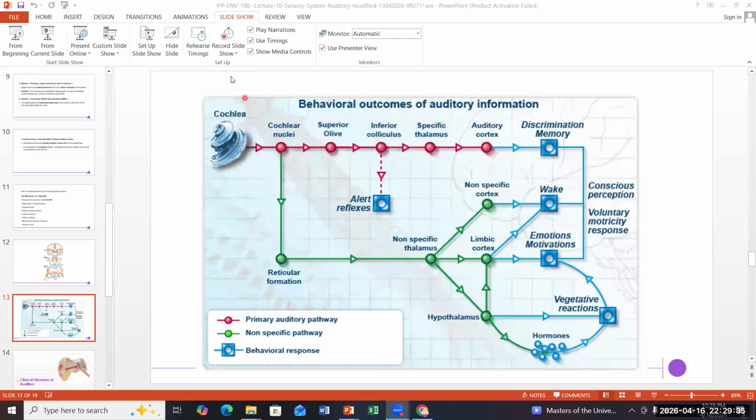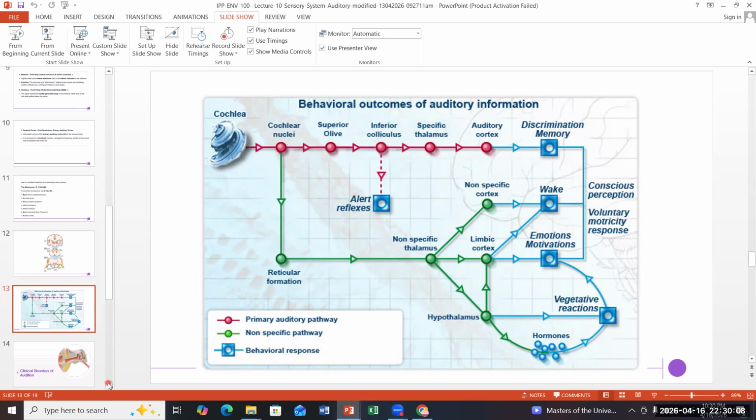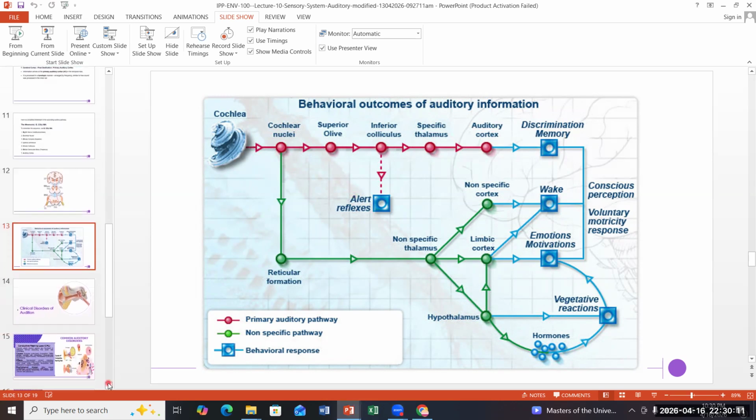Within the cochlea, the electrical impulse is generated. From the cochlea, the electrical impulse is passed to the cochlear nuclei in the medulla and pons region. From there, this electrical impulse is passed to the superior olive region, then to the inferior colliculus. Then it reaches the thalamus region, and ultimately it reaches the auditory cortex, which is present in the temporal lobe. Both right and left temporal lobes receive these electrical impulses, so we can hear the sound. We take such a listening process for granted.